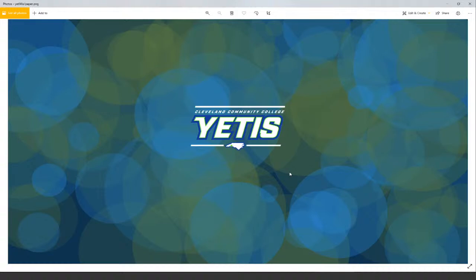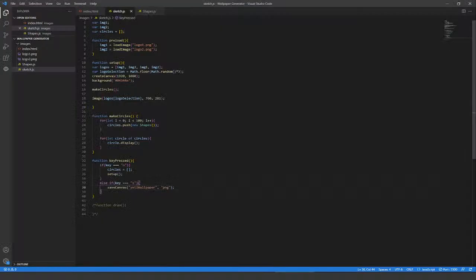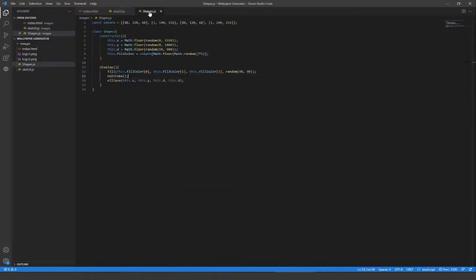Now, I've talked to people, and they said they like the one that's all circles the best. But we can do something where it's not just circles, where we can do circles and squares as well. Or really, we could do circles in any other shapes. That's why we named this our shapes class instead of our circles class. Right? So one of the things that I could do here